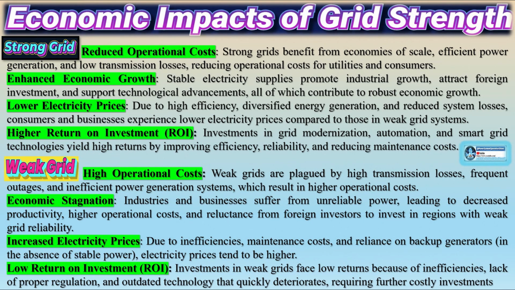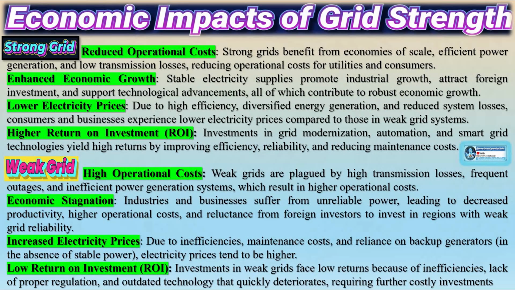Poor infrastructure and lack of advanced energy-saving technologies result in inefficient energy use, which increases the overall environmental footprint. Weak grids struggle to accommodate intermittent renewable energy sources like wind and solar, due to a lack of grid flexibility, storage systems, and grid management technologies. As a result, they rely more on polluting fuels. Weak grids often lack the financial resources and technical capacity to install emissions control technologies in power plants, leading to